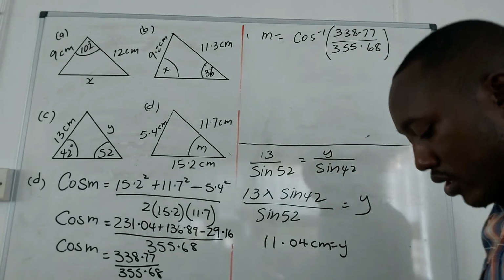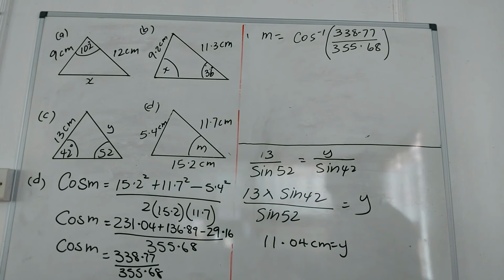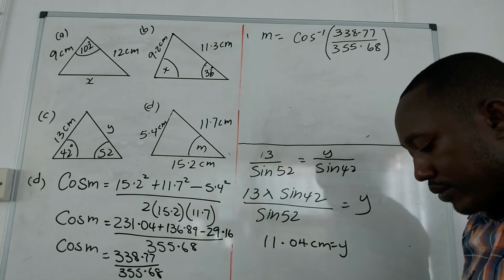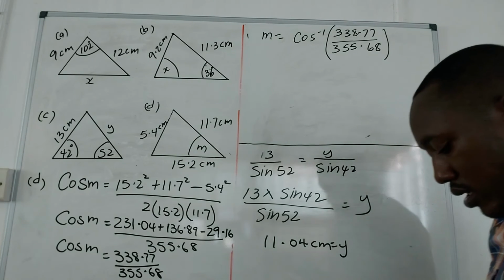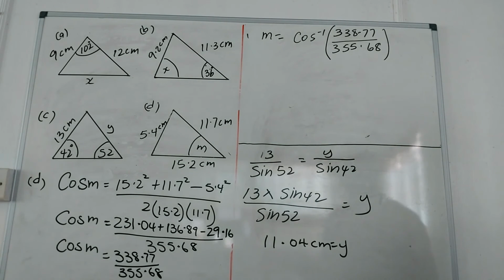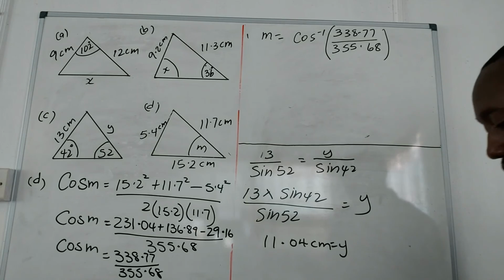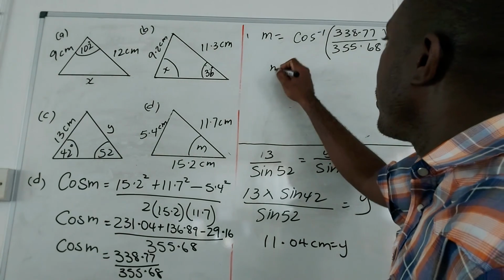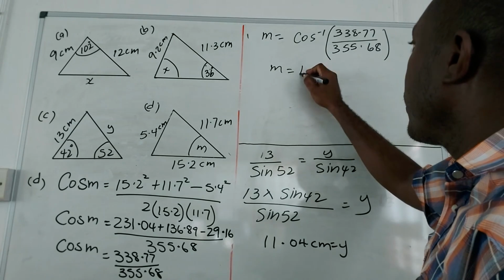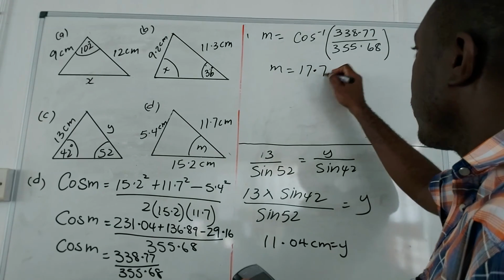So cos inverse, second function, cos inverse, then 338.77 divided by 355.68, which will give us M is equal to approximately 17.74